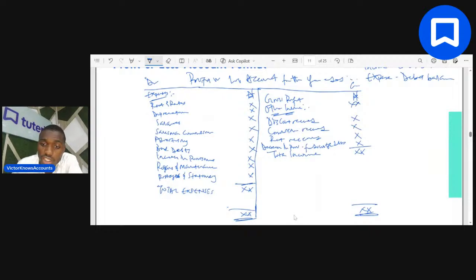This is your total income, the addition of everything that was there. Now, the difference between your total income and your total expense is what will give you your net profit. Do we understand that? Now, this net profit, it is to be transferred